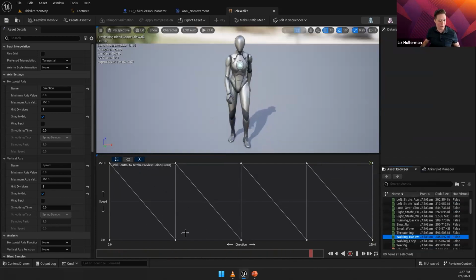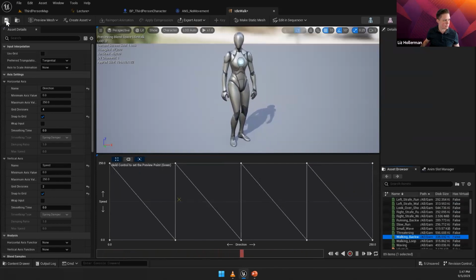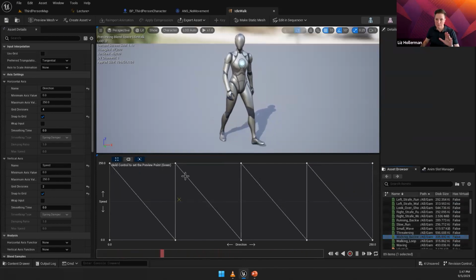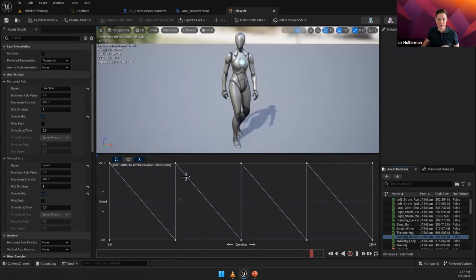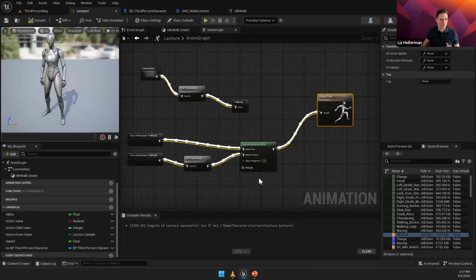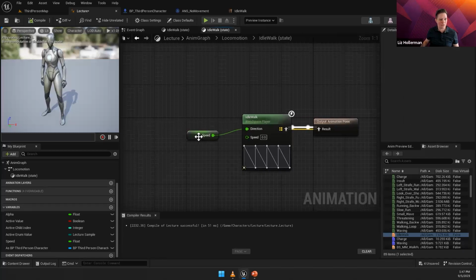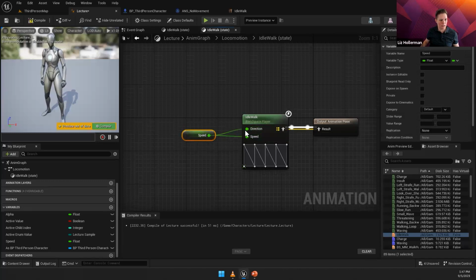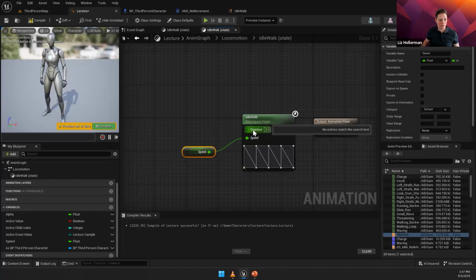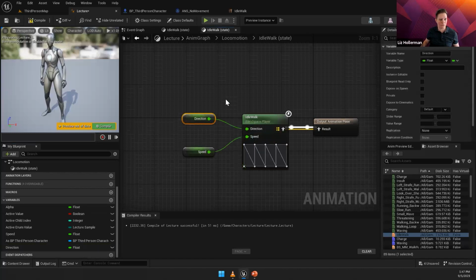All right, so all we've added here is some directionality for the character movement. So it might look a little bit better. And that's all we got to do for that. Okay, we just added those animations into the blend space. The other thing we're going to have to do is update the state machine, because now I need to put this into speed. I am using direction, so I will right click and promote direction to a variable. So because we want the program, we want Unreal to determine our direction. So let's compile. And then the last thing we have to do